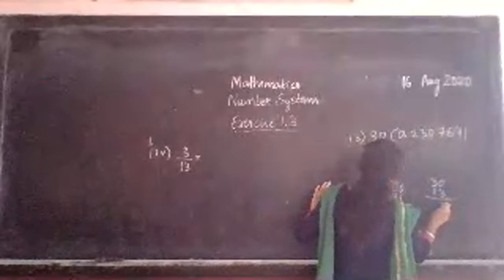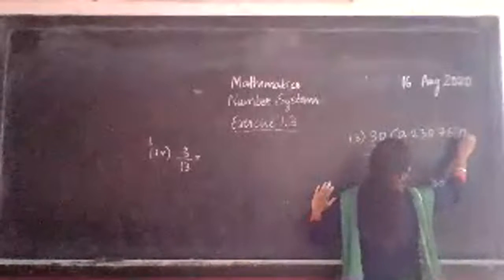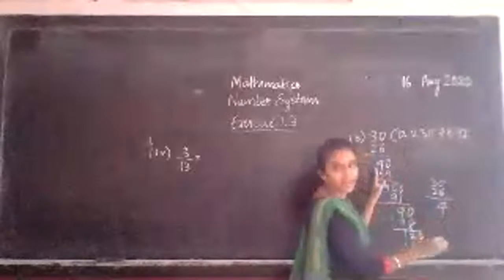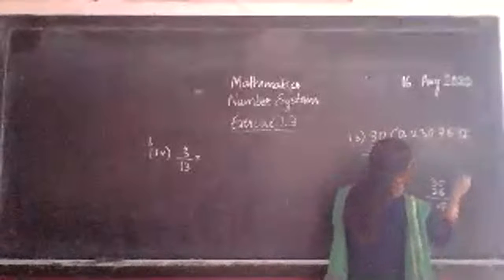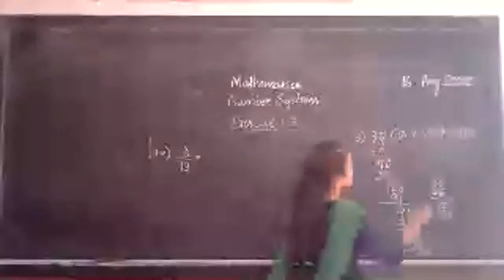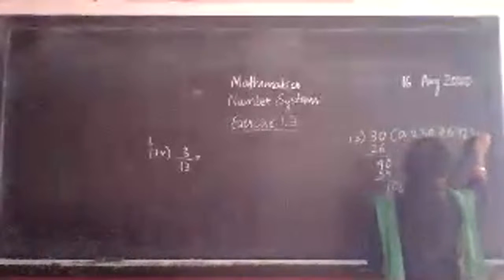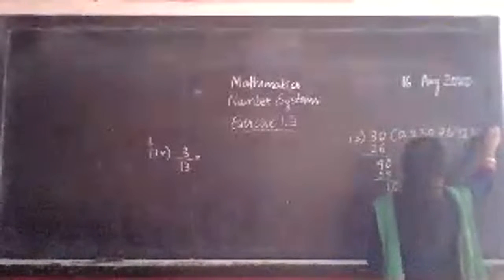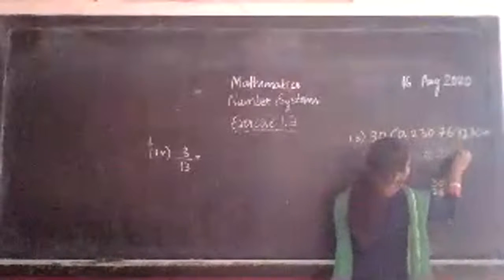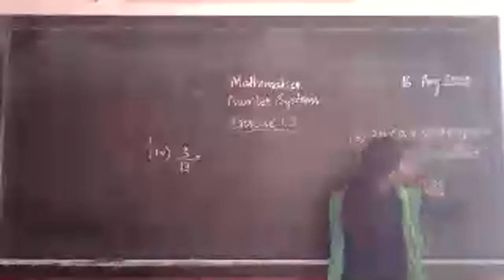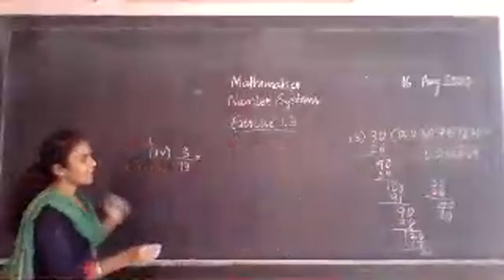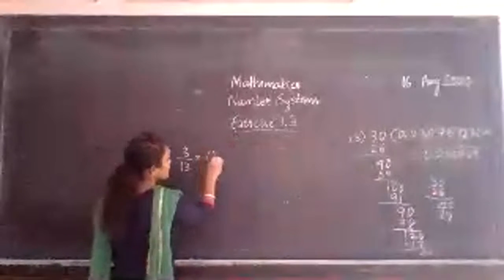13 twos are 26. Again 4 is the remainder. Since 4 is the remainder, again I take 0. So you get 13 threes are 39. And the same thing. So this particular value 230769 keeps on repeating. So this becomes 230769 recurring. Therefore, the value of 3 by 13 is